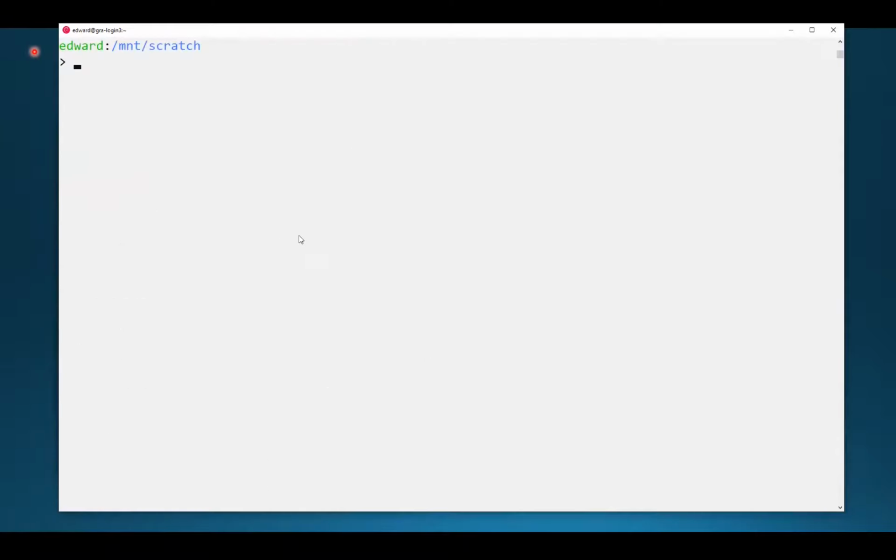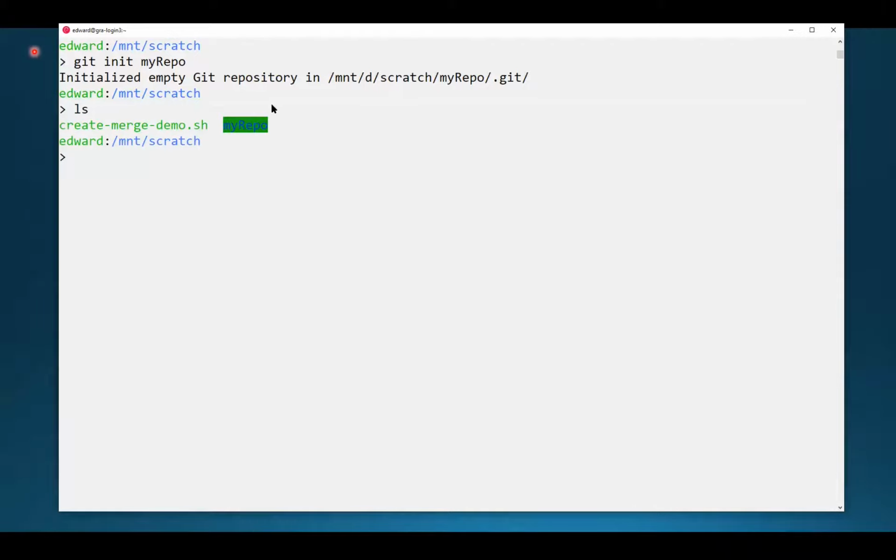So the first demonstration I'm going to do is just to create a repository. So we're going to go git init my repo. And that initializes a new empty Git repository, and it tells you where it was, and it was made here in this directory, and it's called my repo. You'll take note of the .git. If we go in and we look at my repo,